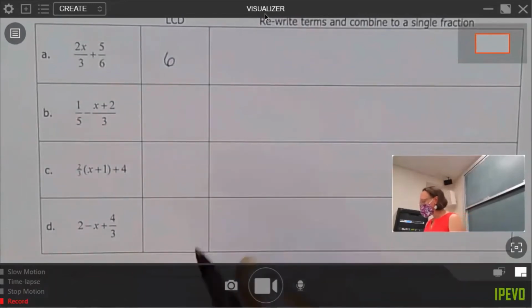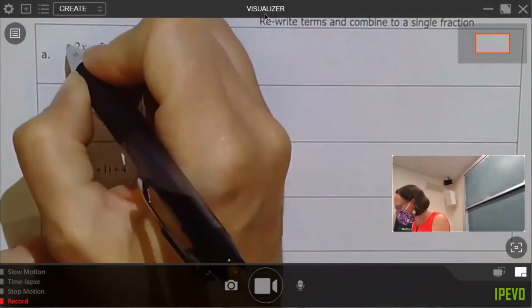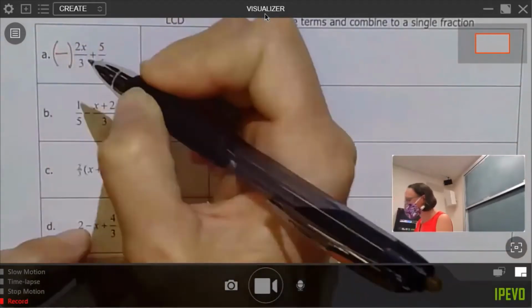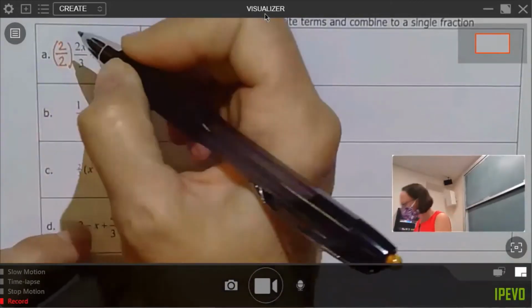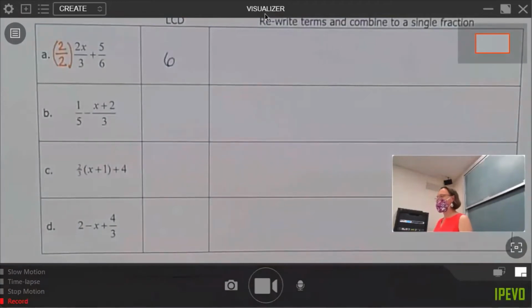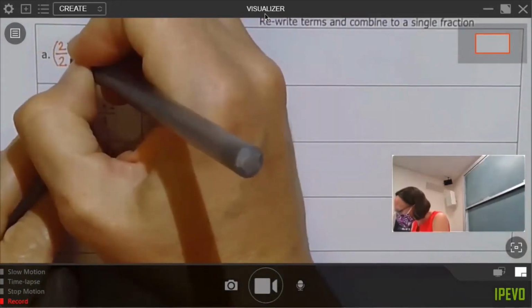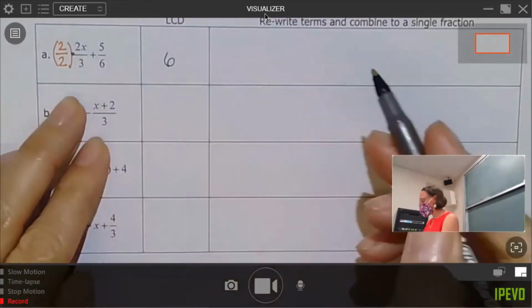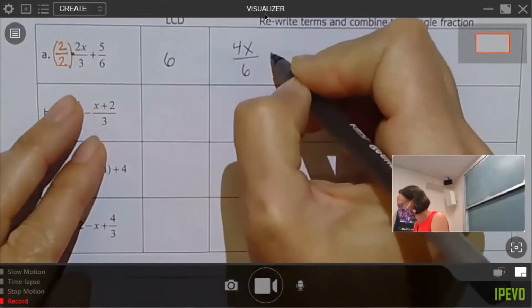But if my lowest common denominator is 6, then that's going to mean that I've got to take that denominator of 3 and multiply by some equivalent fraction that's equal to 1 so that it has a denominator of 6. Because this is multiplication now over here, I'm going to multiply straight across the top and get 4x over 6